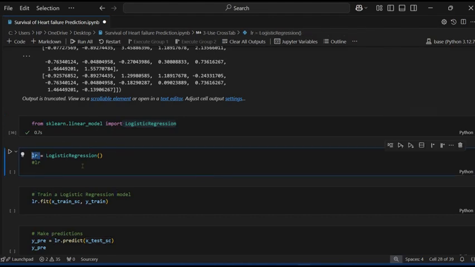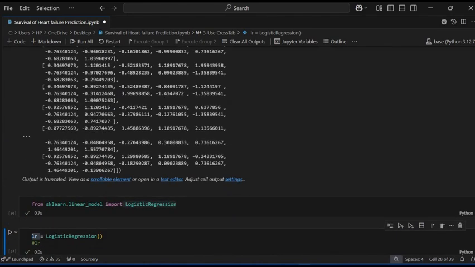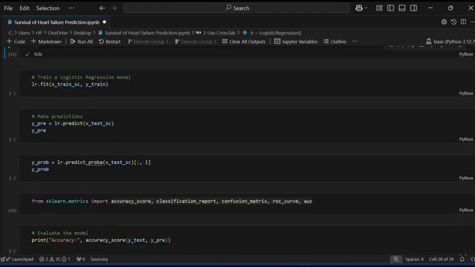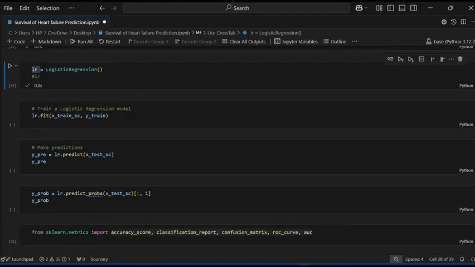I have taken the variable name LR, then pass LogisticRegression. It's working. Now the next step is to train the logistic regression. So train with the LR method name dot fit, where I pass the scaled X train, x_train_sc, and y_train.